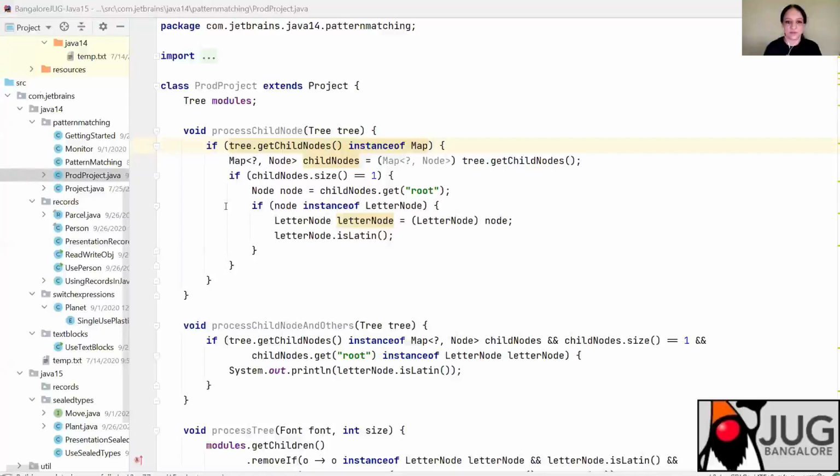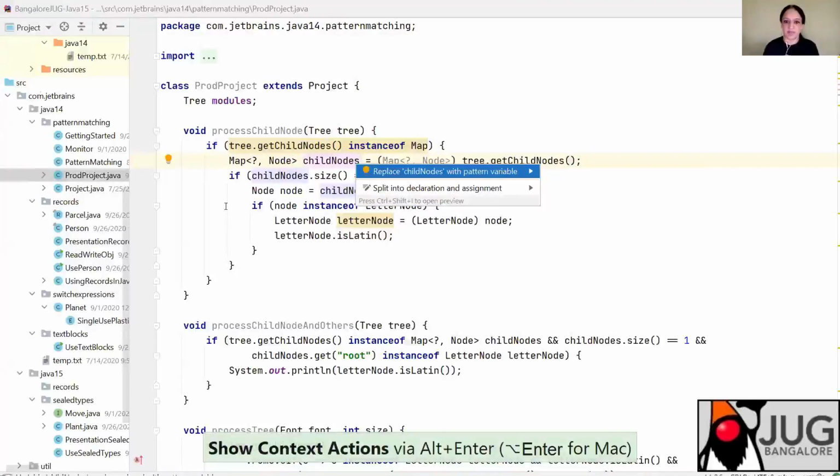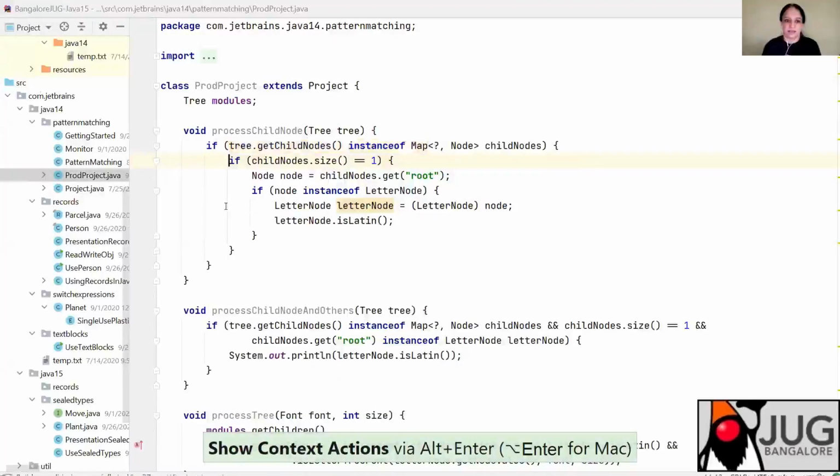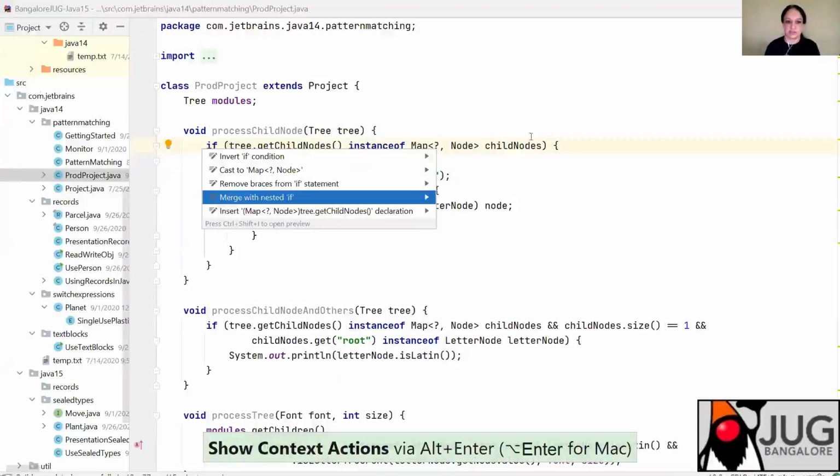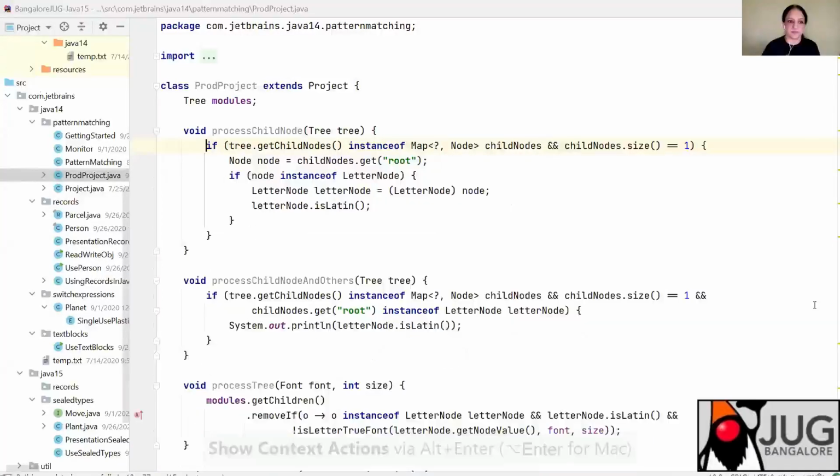So now let me go after the yellow backgrounds, which are highlighted by IntelliJ IDEA. Okay, let me go here and replace child nodes with a pattern variable. Now I can go here and say merge the nested if statements. Now, what else? I can go here and say that I want to inline the variable node, and